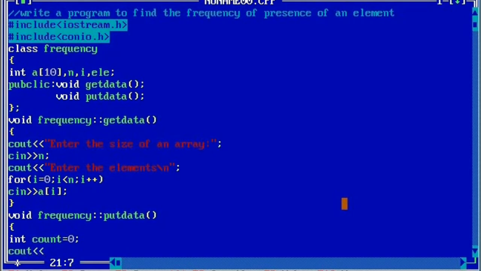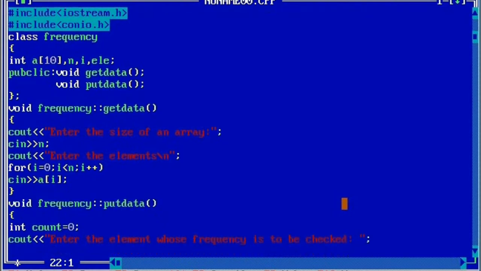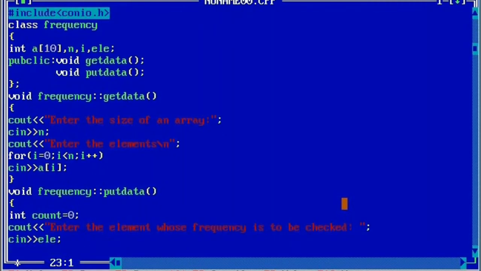Now we will write cout, enter the element whose frequency is to be checked. Now here we are going to enter element, that is ele. Now we'll write for looping structure.